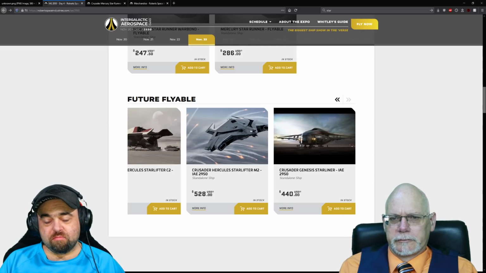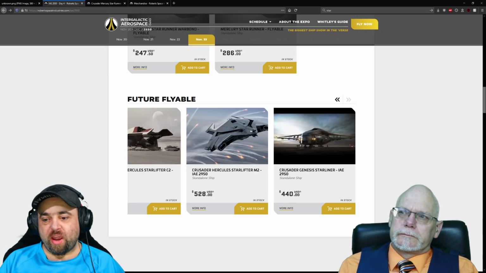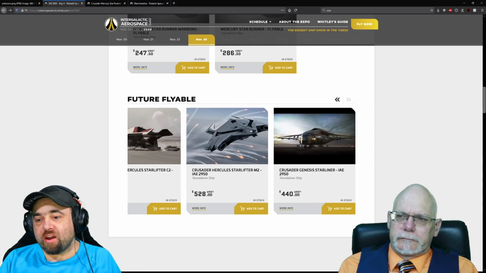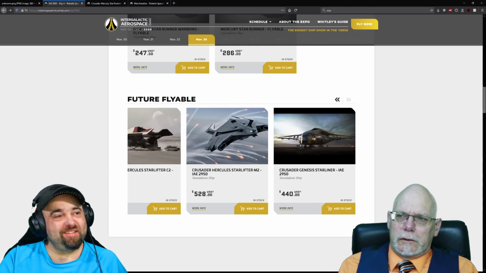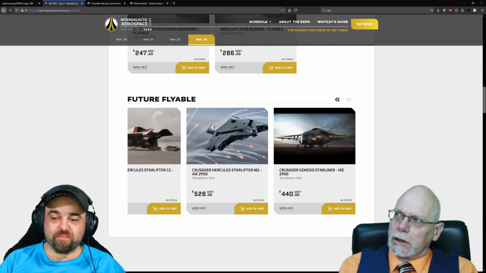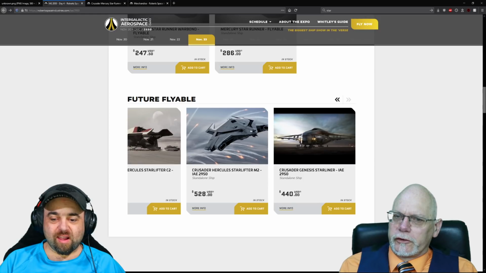To me, a yes or no question here: is this a cheap man's 890 Jump if you want that VIP gameplay? Because that's how I've always seen this ship, if you want that transporting people type thing, but not just one arrogant person. I'm not sure whether you'd see it as a cheap man's 890 Jump. I thought more like